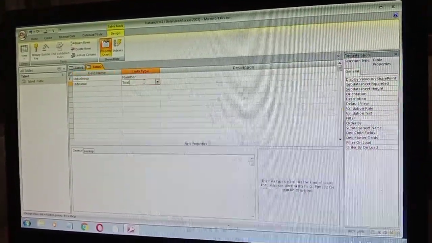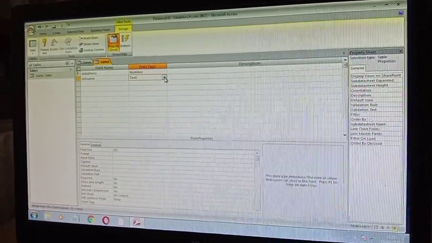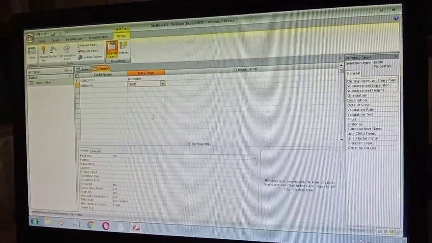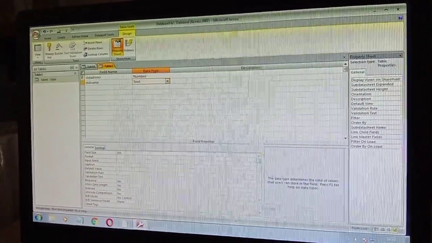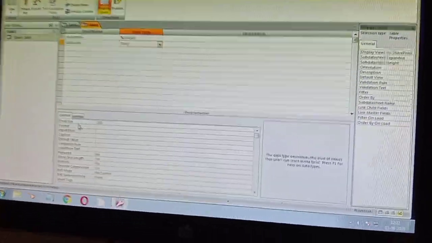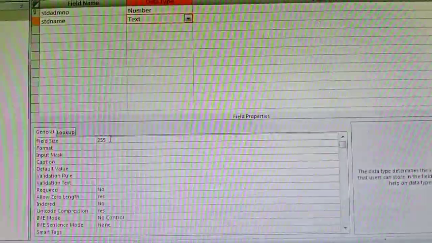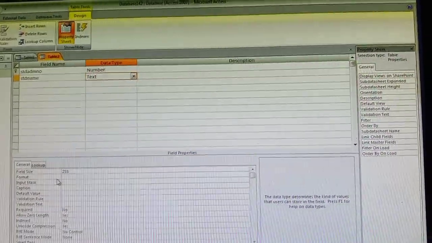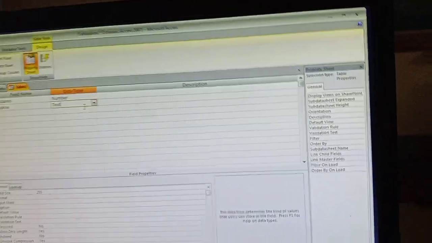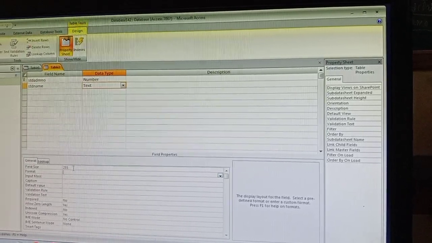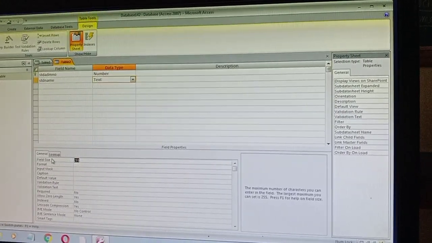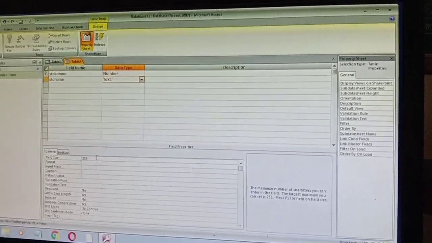Related to that, I am going to select the data type. I am showing this so that you will understand it better. For student name, I am choosing text. Text contains up to, see the field size here. Automatically when I click on text, the field size shows 255 characters as the maximum. You can see the lookup column and the general column. In the general column, you can see the field size, which is 255 characters.